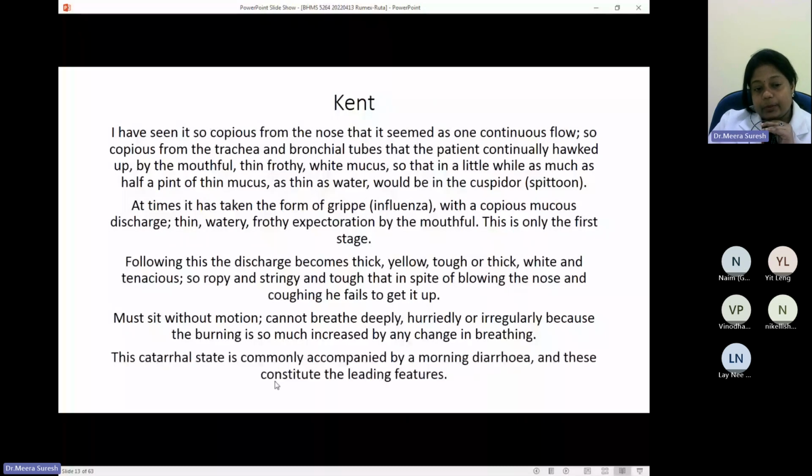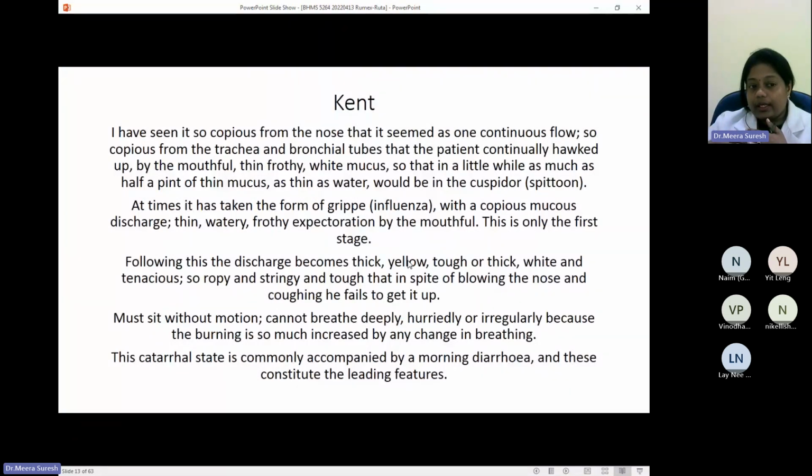So here Kent is mentioning the catarrhal stage. He said that he has seen it so copious from the nose that it seemed as one continuous flow, constantly flowing out, and so copious from the trachea and bronchial tubes that the patient continually hawked up by mouthful thin frothy white mucus,